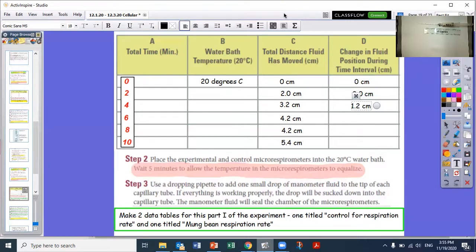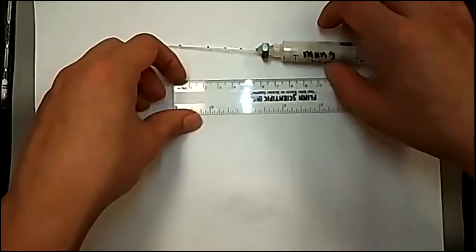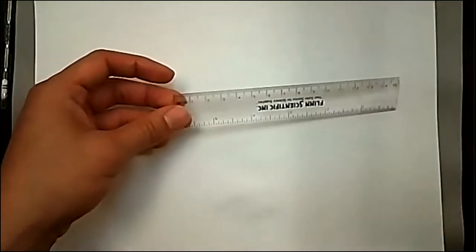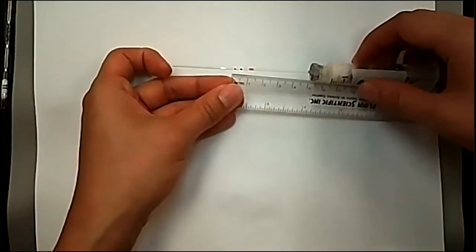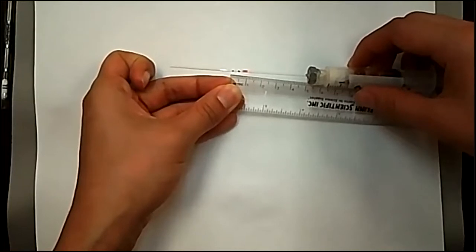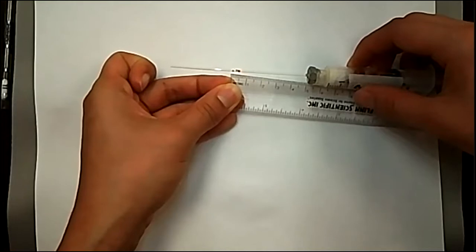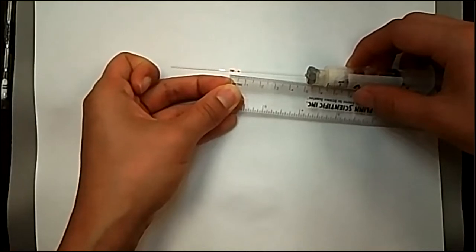So if we go back to our main screen and just look at the control, from the time point 0 to the time point 2, we had a movement of about 0.4. We have a movement about 0.3. So that means that,